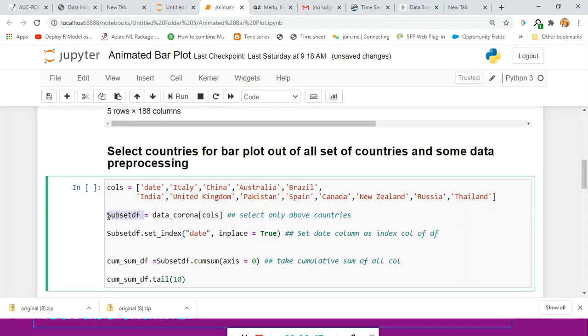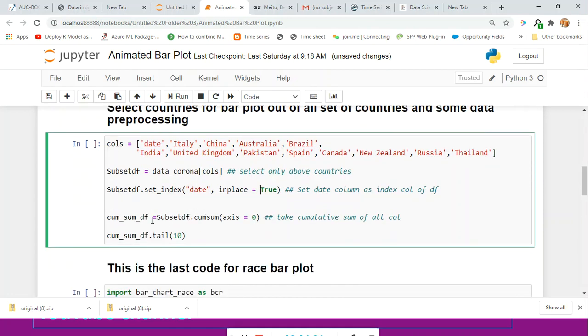So in the new data frame, subset_df, we have only these mentioned columns. I set an index of the column date by using this command: our data frame name subset_df.set_index, and give the column name which you want as the index of that data frame. I want the index to be date, so I mention date here. Then inplace equal to True, which makes the change permanent.